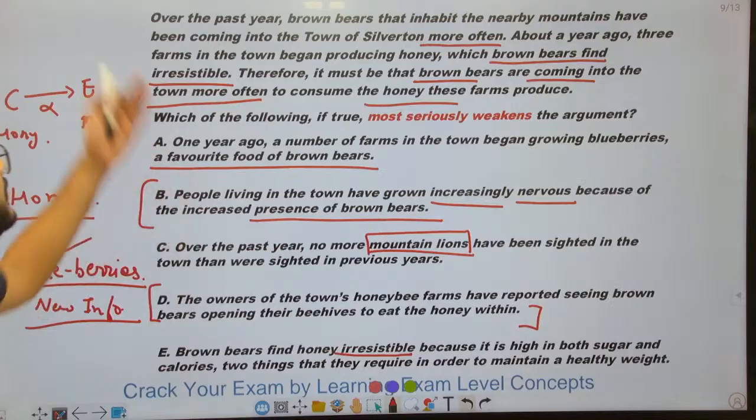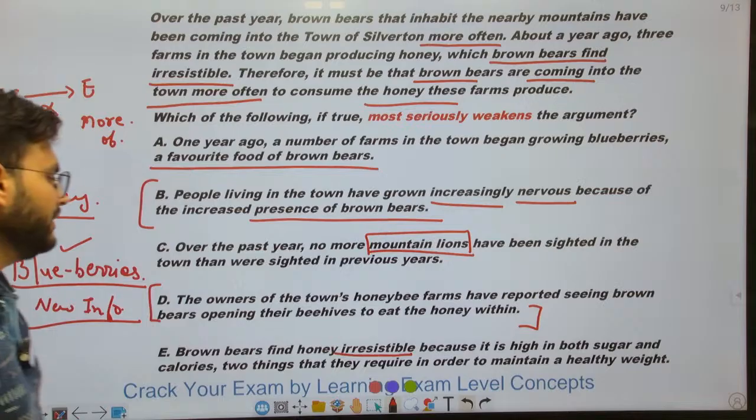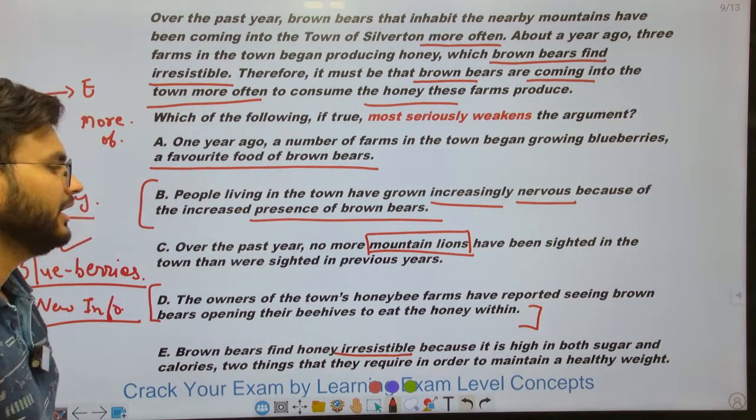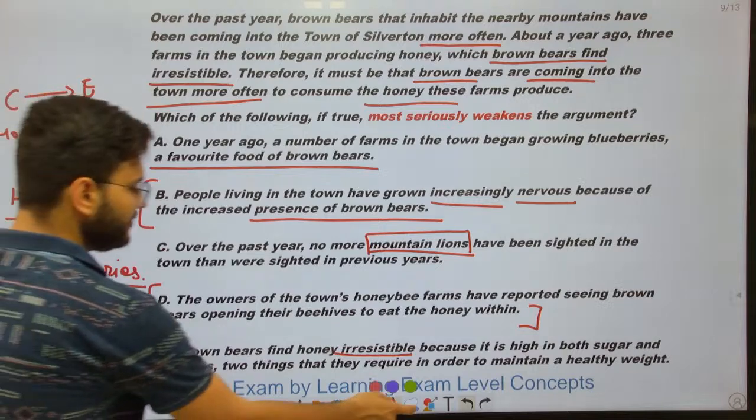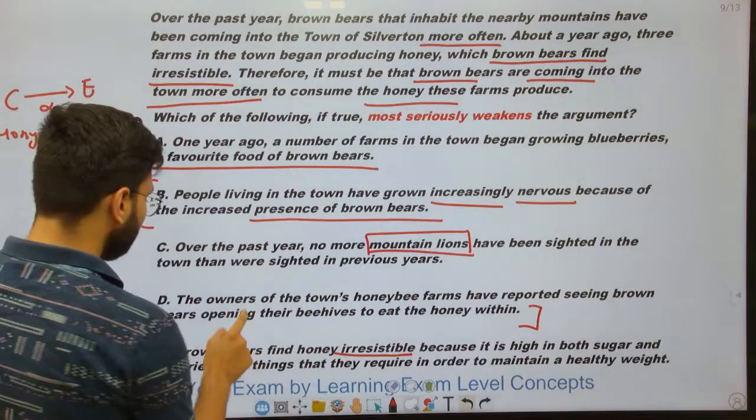Brown bears love it, they find it irresistible, because it is high in both sugar and calories, things that they require in order to maintain a healthy weight. What does this option choice tell me? Now look here. This option choice tells me